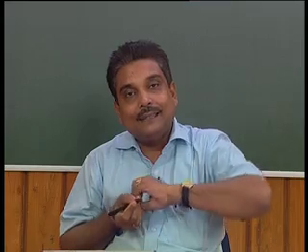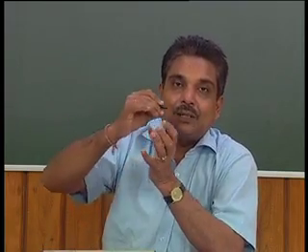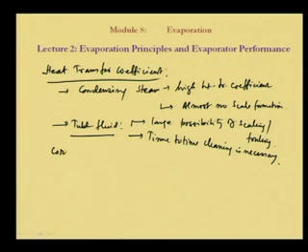Now, in many situations what happens is that liquid in the tube is not allowed to boil. Liquid in the tube is not allowed to boil, it flashes in the vapor chamber. So, there it gets separated into a thick liquor and a vapor. Okay? Its temperature is raised. So, under that situation we can use a correlation